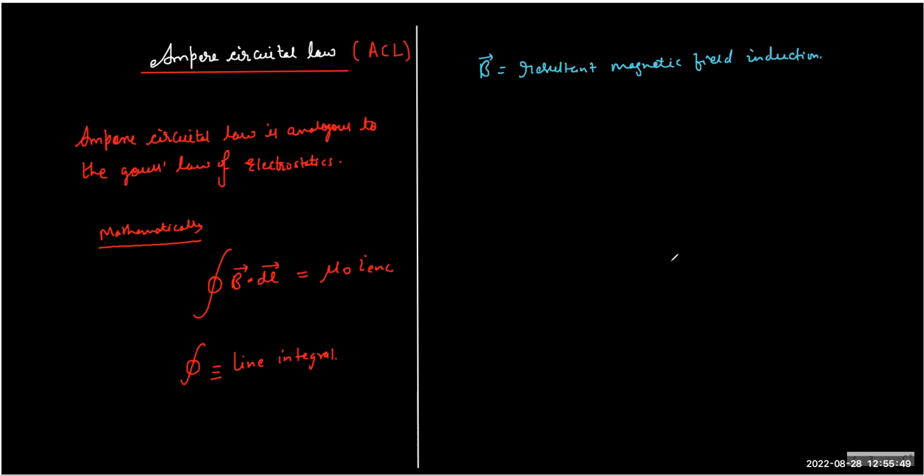So resultant magnetic field induction means it is not the field of a current carrying segment. Rather, it is the resultant field at a point in space, similar to the electrostatic definition. So if I draw some random loop of any shape, and then you talk about the current carrying,